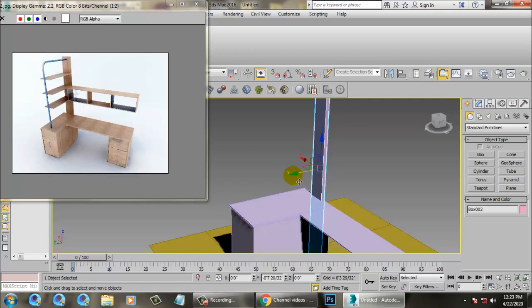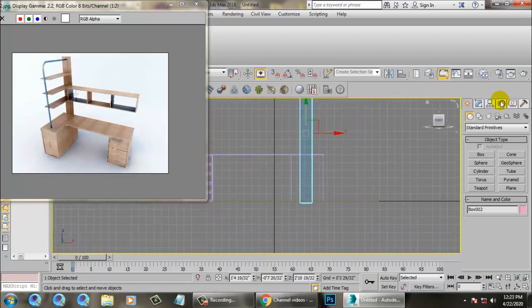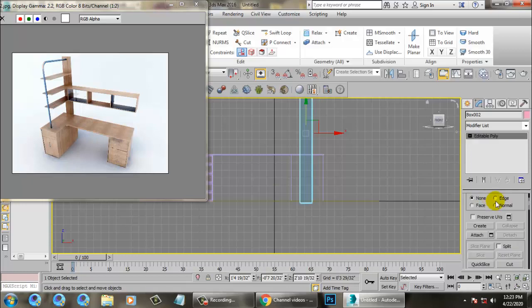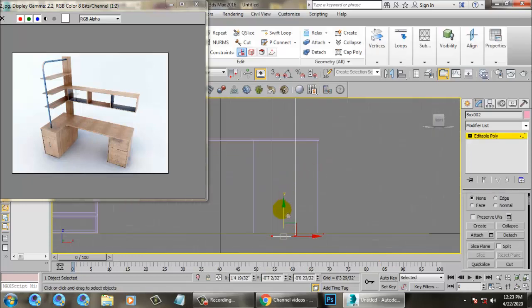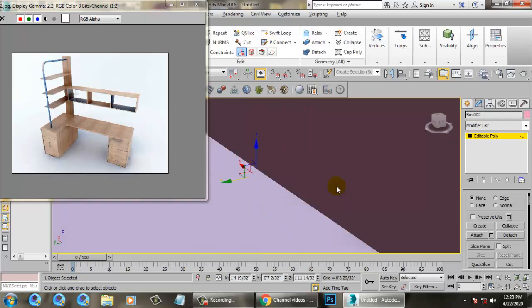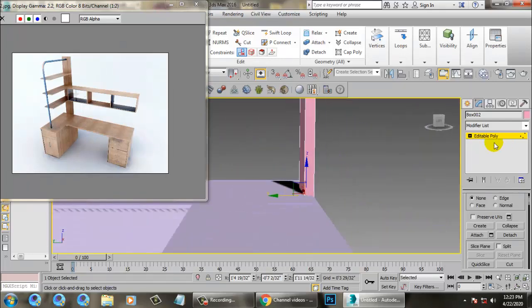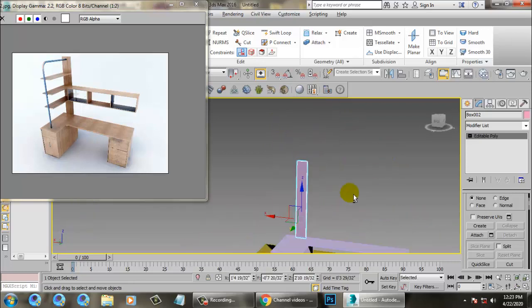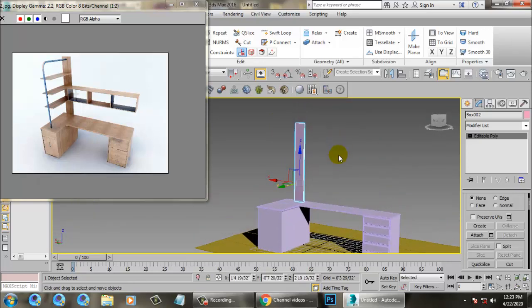Just push it to the back and let's convert to editable poly. Let's go into the polygon and just push it up, sorry. Let's go into the edge, you can scale it.